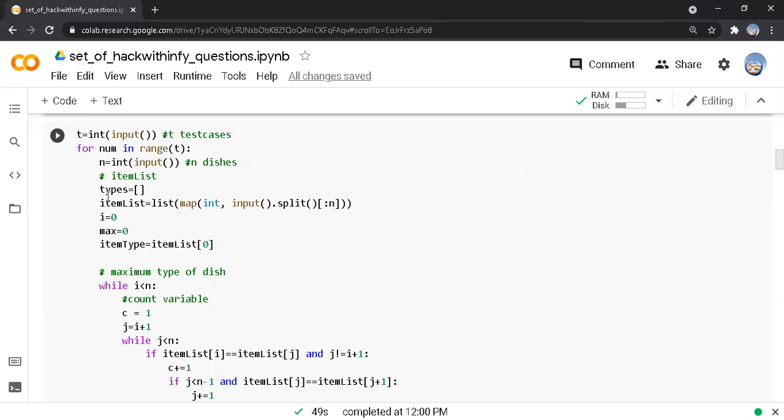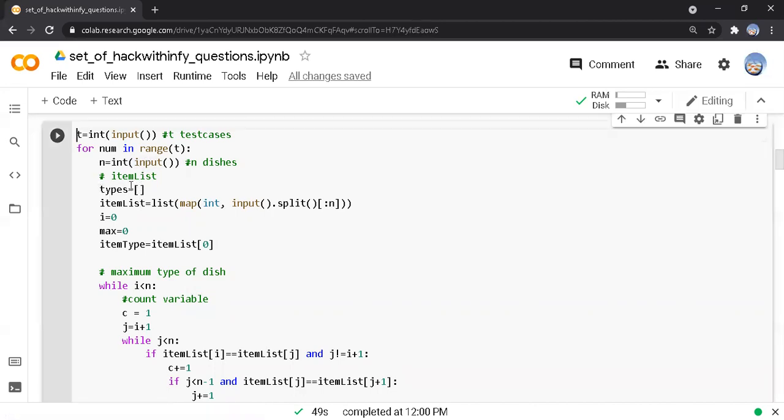After that, we get the item list from the user, which is n values. We declare i equal to 0 and max equal to 0. The iteration starts from the 0th index, so it starts with the first value itself.